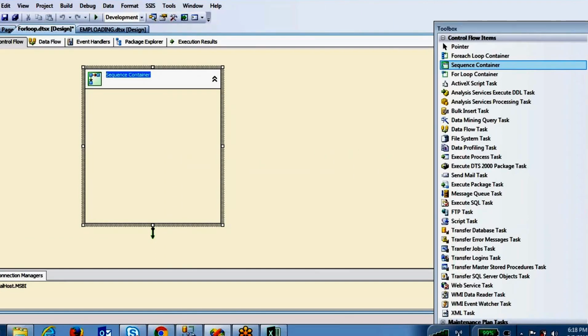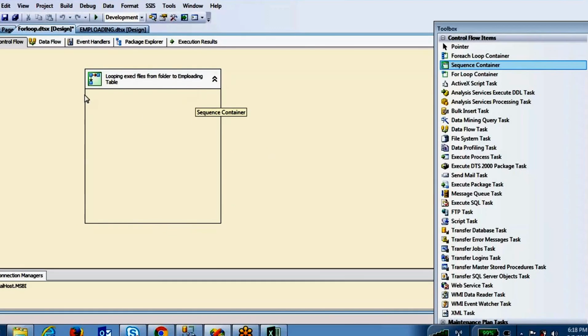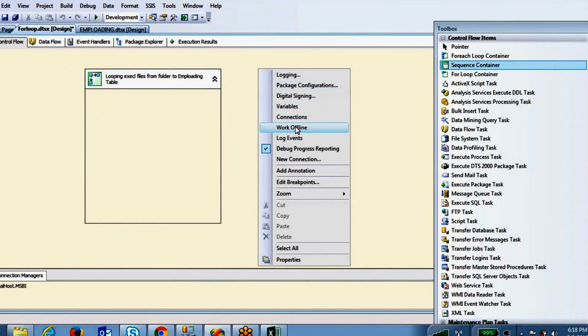Load Excel files: looping Excel files from folder to emp loading table. Because the next time a developer comes, he can easily understand. You can write descriptions here also, using add annotation.